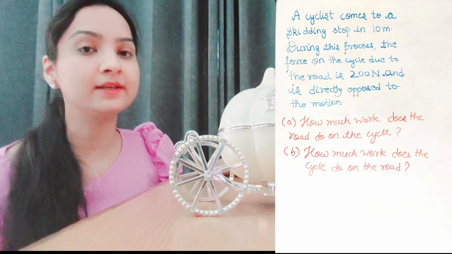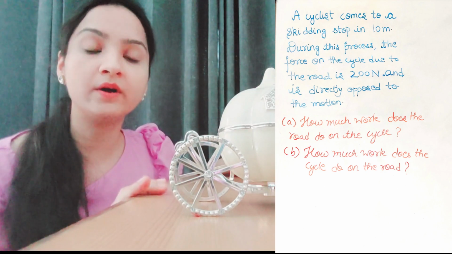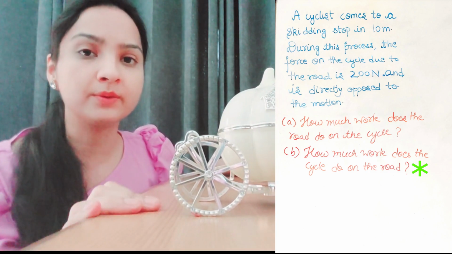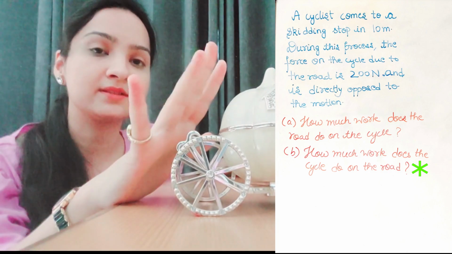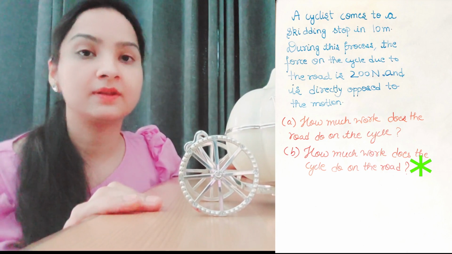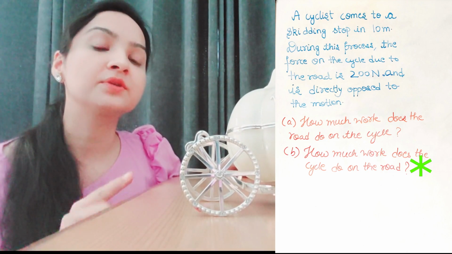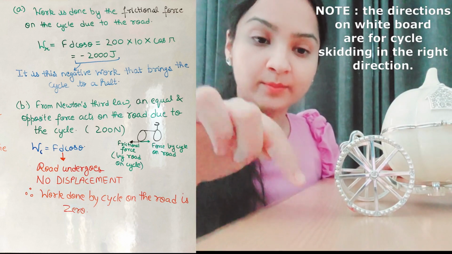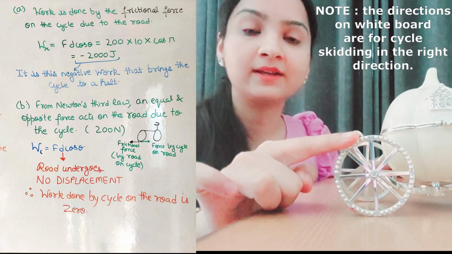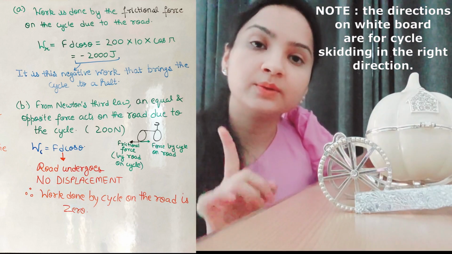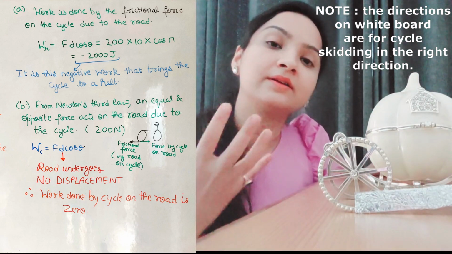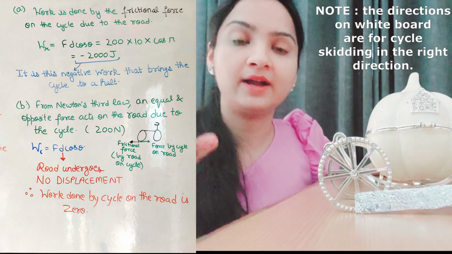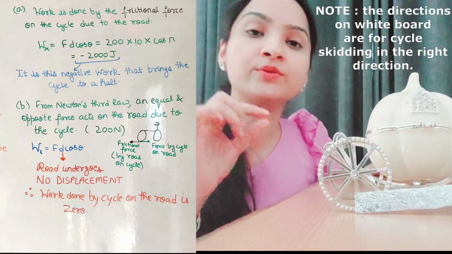Now if this is clear, if I ask you how much work does the cycle do on this surface or on the road, how much work does this cart do on this surface, you have to recall Newton's third law for this. You know that the force of friction because of the ground on the cycle is 200 newtons. You know that forces always occur in pairs, equal but opposite in direction. An equal and opposite amount of force